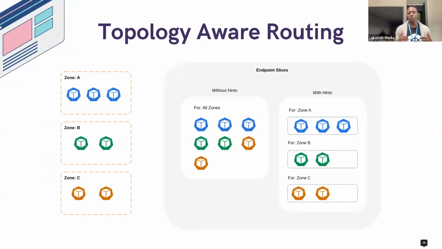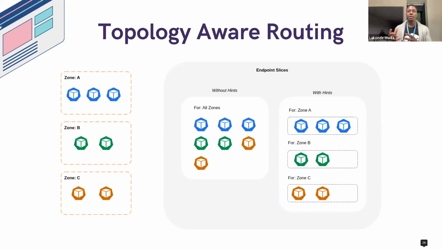Without topology aware routing, what happens is the kube proxy essentially just consumes the information from the different endpoints, regardless of where the replicas are located. With topology aware routing, what actually happens is the endpoint slice controller, which is responsible for creating the endpoint slices, adds what are known as hints. And these hints, if you take a look at this diagram over here, will essentially say that this traffic